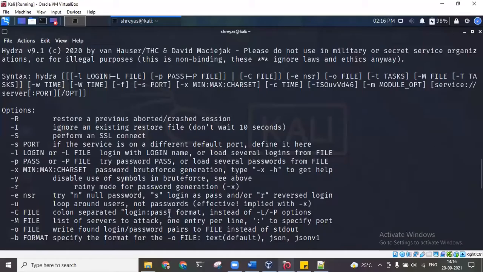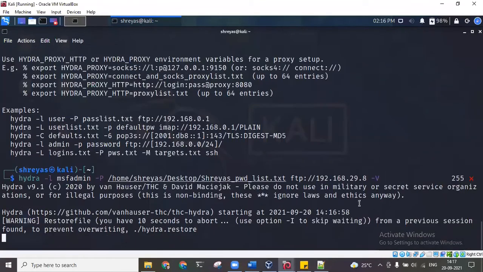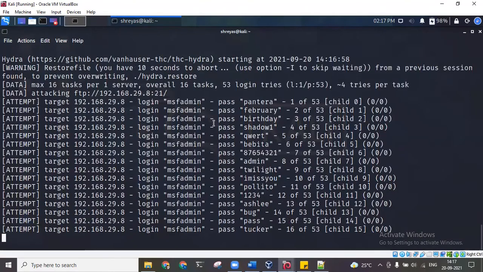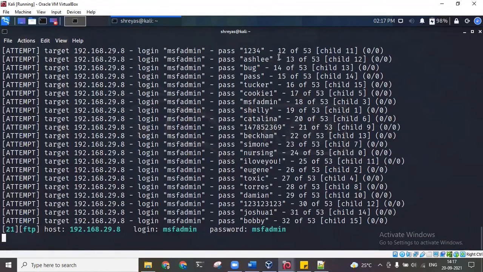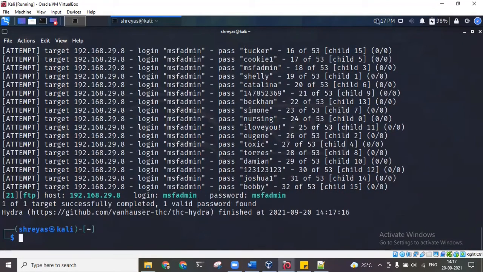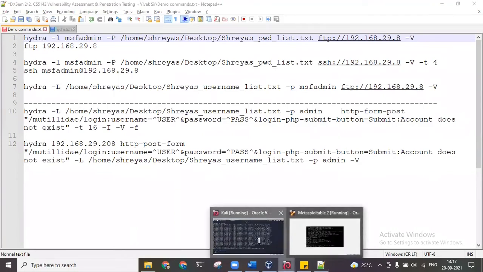And if we just paste this over here. Now it will take some time, because before this I was practicing something and I had aborted the session unexpectedly. That is why it gives me 10 seconds to ask if I want to restore the previous session. If you don't want those kinds of messages, we can give -I. If I give -I, it will ignore a previous session which was stopped unexpectedly, and it will directly create a fresh session. That's why it took some time.